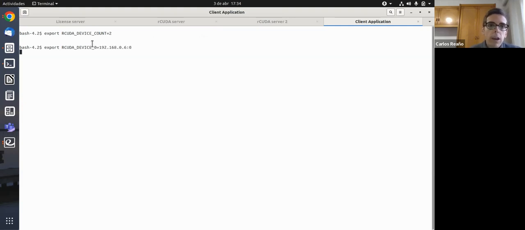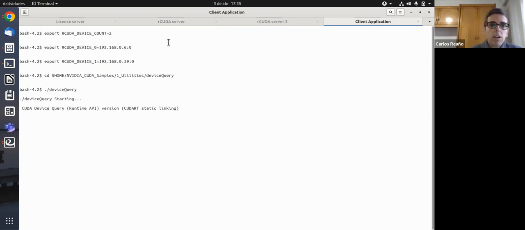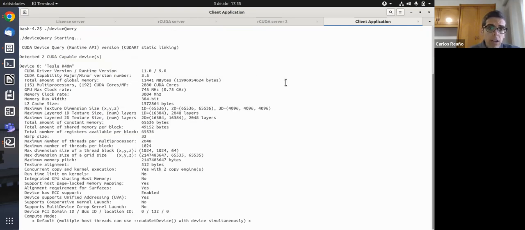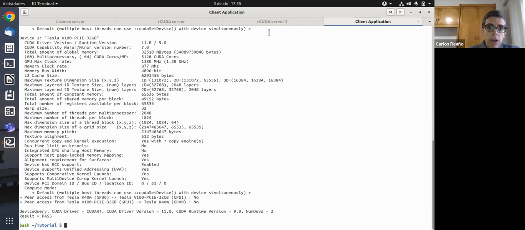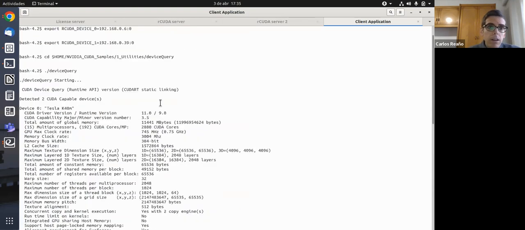So we say, the first GPU is in the server with this IP address and is in device 0, and then the second device is in this server and is also in device 0. So we run the device query application again, and this time we will see the 2 devices.